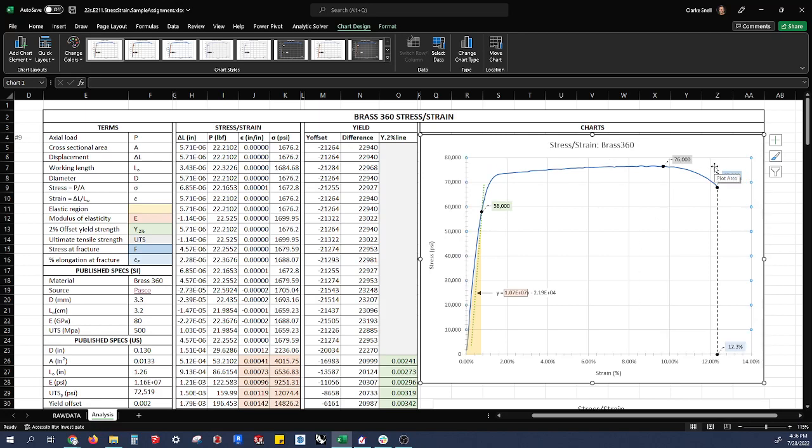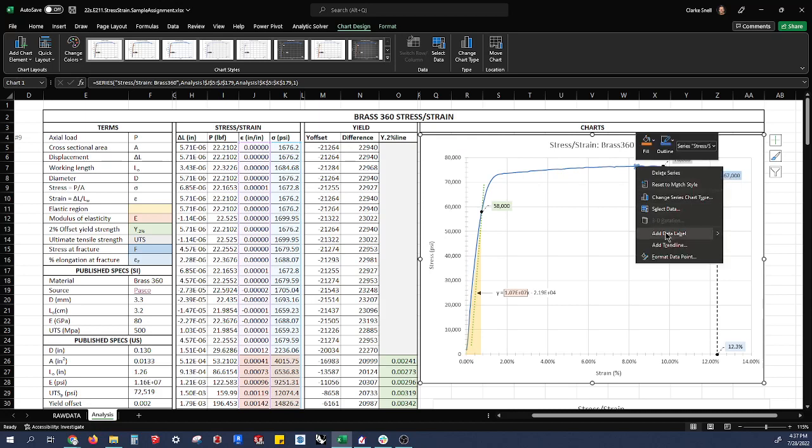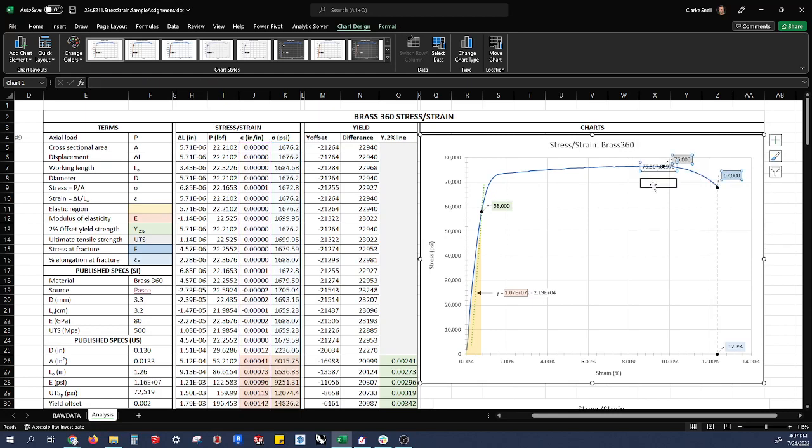Let me just show you some basic formatting things. One cool thing about Excel is that the basic formatting that comes out of the box works pretty well. So when I add more data sets to this, it will automatically pick different colors. So it's very user friendly, I think. But how did I format these points? First thing I did, you select the point you want to format. I can right click, I can add either data labels or callouts. So let me add a data label. You see that if I pull it down,